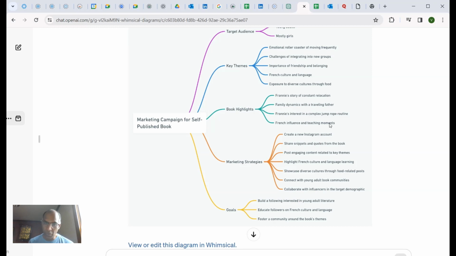Those of you who know me know that I love my visuals, love my Miro, love my Lucidspark, that I can go create really nice flow diagrams and stuff like that. And the other day I heard that, hey, you can generate these flow diagrams and mind maps with ChatGPT. And I was like, there's no way that can happen.